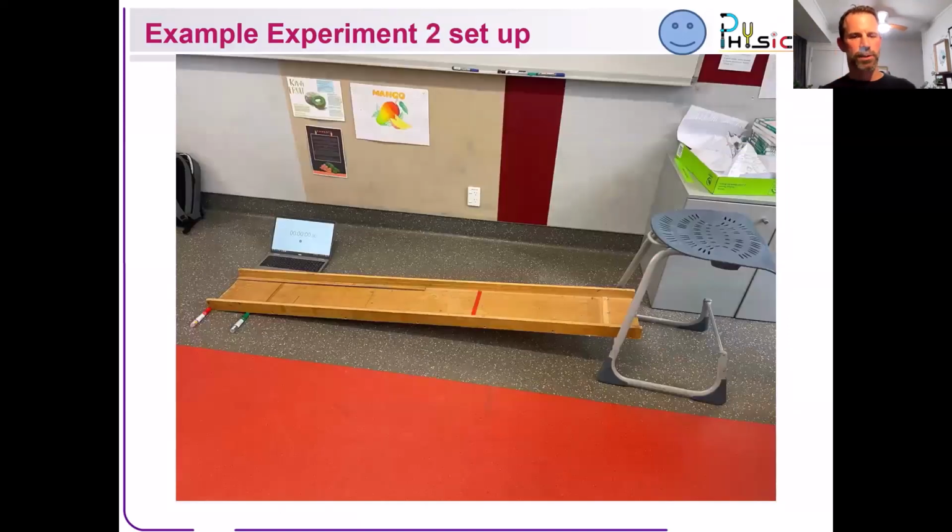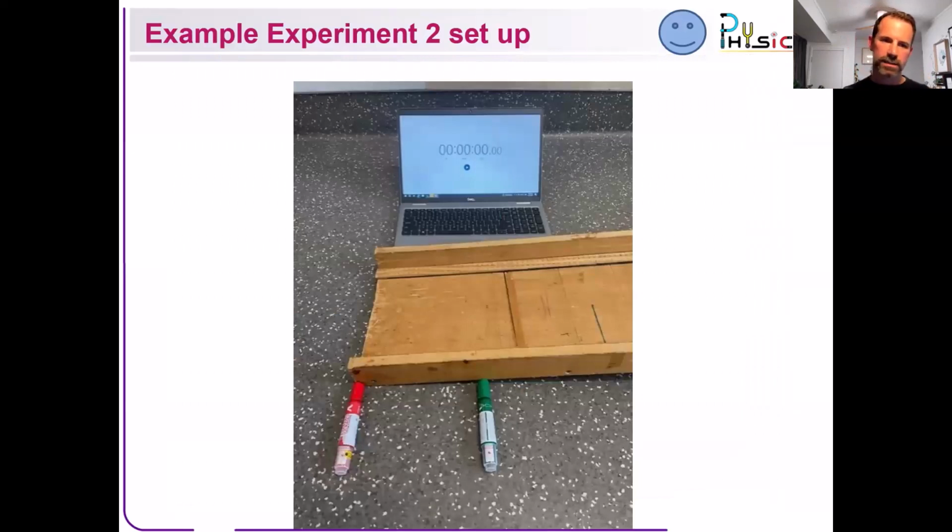And then experiment 2 talks about going down the slope and showing an actual way to measure the velocity at the bottom, right? So having some type of computer at the bottom with a timer on it and videoing it as the car drives past. So you've got the timer in the background and you can measure the speed at the bottom. So you can do potential energy to kinetic energy. So a little bit harder experiment is the second one.